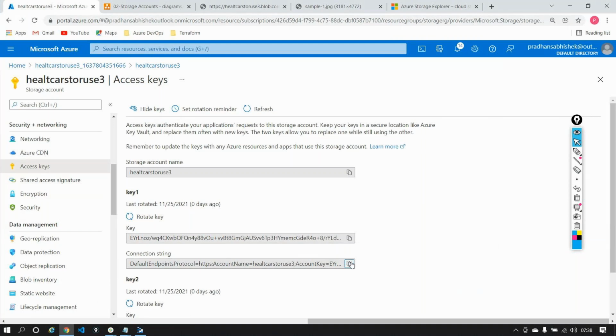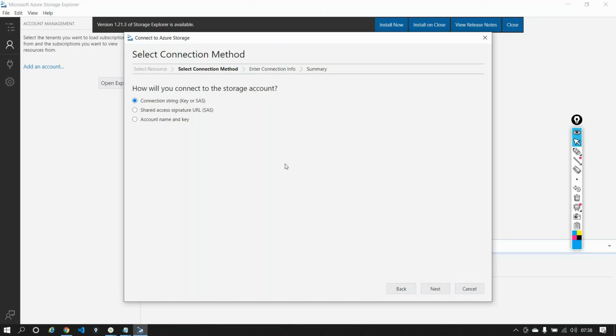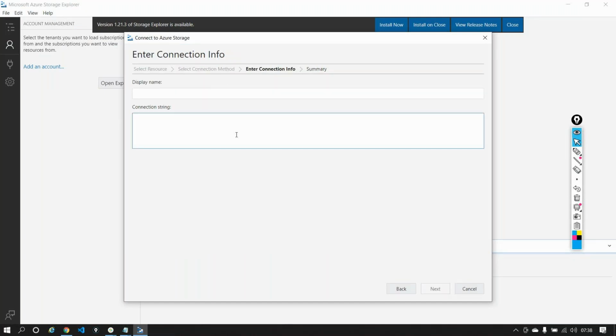Now what I have with me is that I generated something known as what? A connection string. So I'm copying this connection string out here and I'm saying, okay, fine, connection string, I have this. I'll say next. And it's asking me to enter the connection string. I'll say enter. Now do you see, as and when I entered the connection string, it took the name of the storage account automatically.